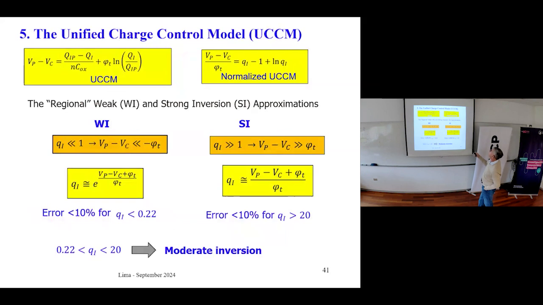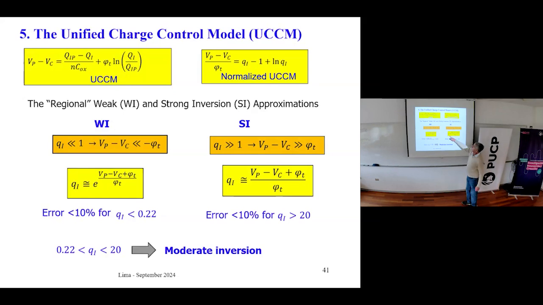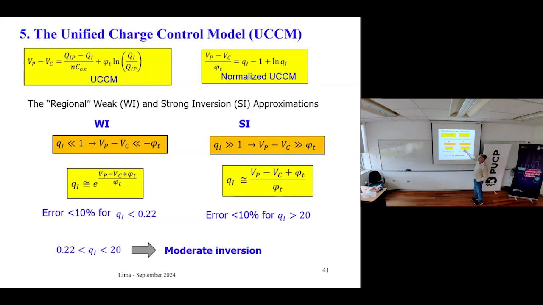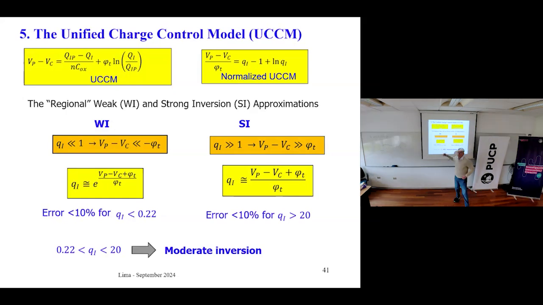This one here, and the natural log disappeared. It is not very significant for strong inversion because the linear term is dominant. So in this case, the inversion charge density is a linear function of both VP and VC. You don't have to care about this part, because it is just some numbers that say